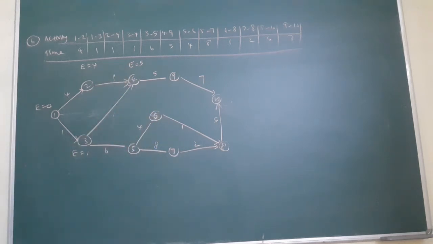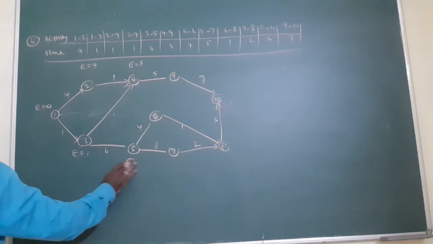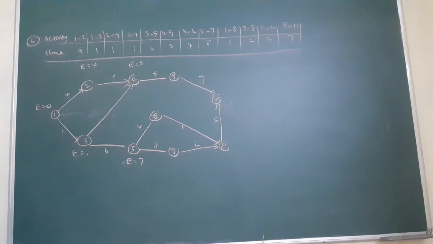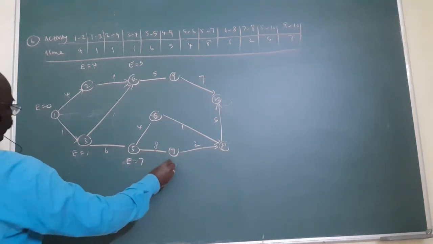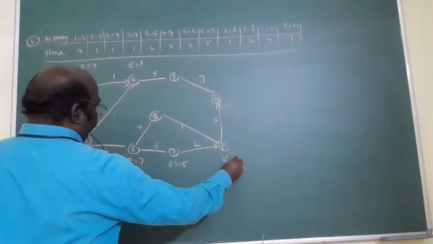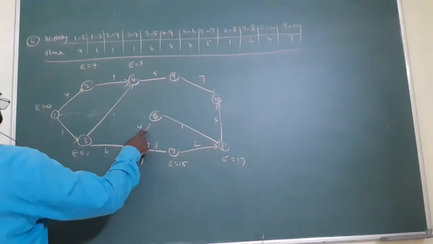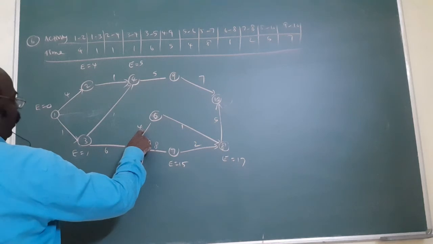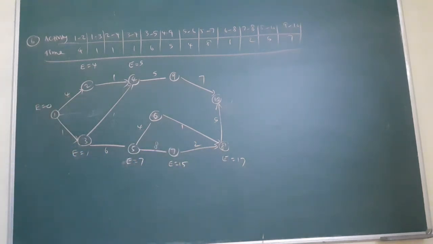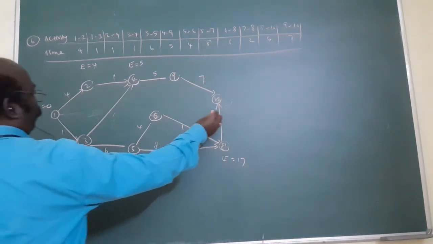That's very important. Next here, E equal to, here only one way, 1 plus 6, 7. No other way. Am I right? Next here 7 plus 8, that is 15. Next here 15 plus 2, 17. One more root, 7, am I right? 7 plus 4, 11. 11 plus 1, 12. You want to write here 12. But out of this number, 17 is the maximum number. Am I right? Next 17 plus 5, 22. E equal to 22.